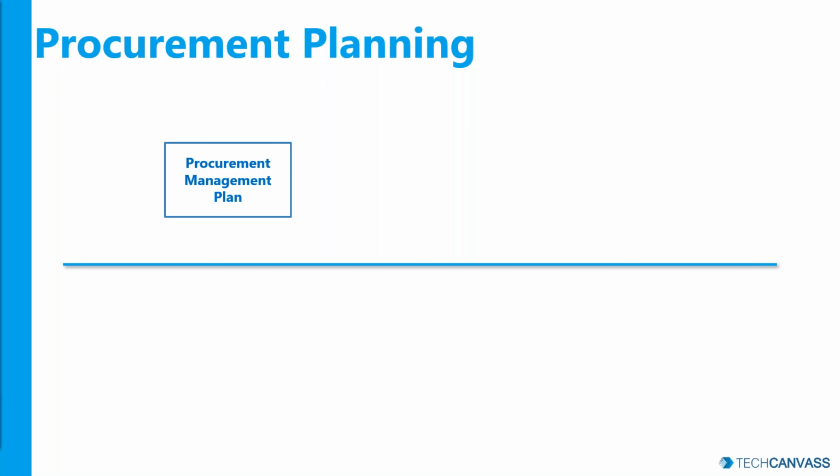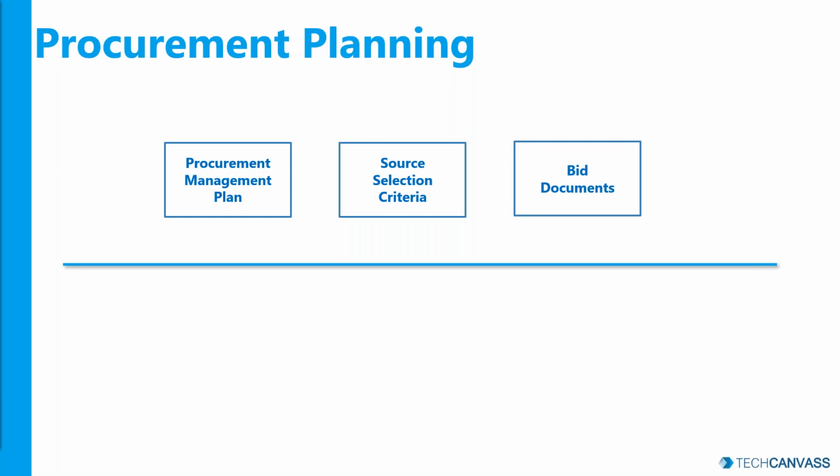And when you talk about contracts and vendors, there will be many people who will be bidding for the project. Now you need to have selection criteria defined for how we are going to select the vendors. And more importantly, during that vendor or contractor selection process, you would be using certain formal documents called bid documents. You might have heard terms like RFPs, request for proposal, request for quote, request for information, and so on and so forth. All those are called bid documents. You need to plan them as part of your procurement planning.